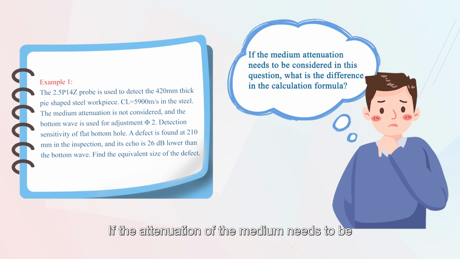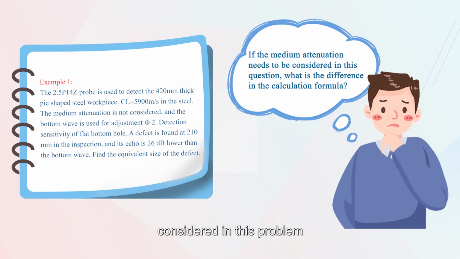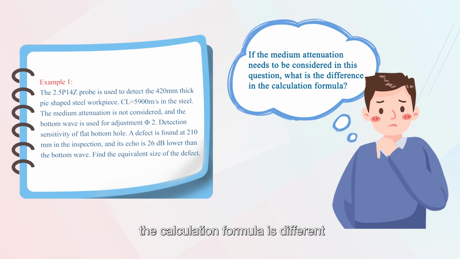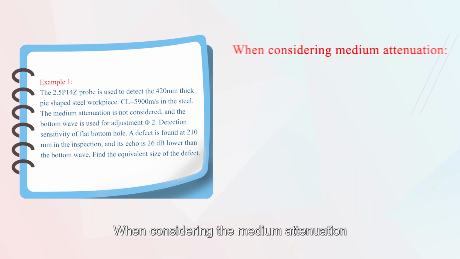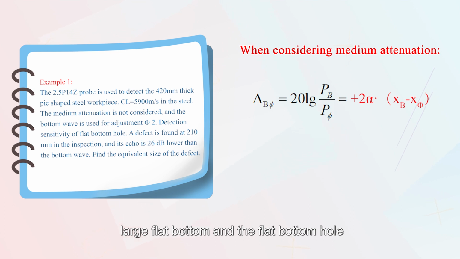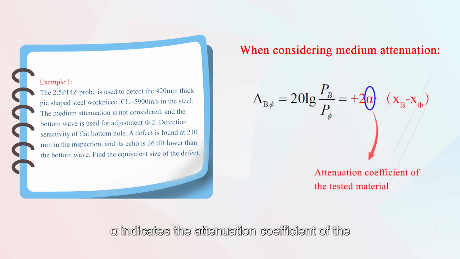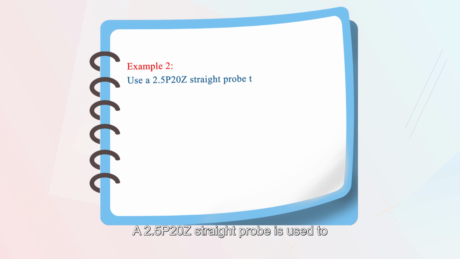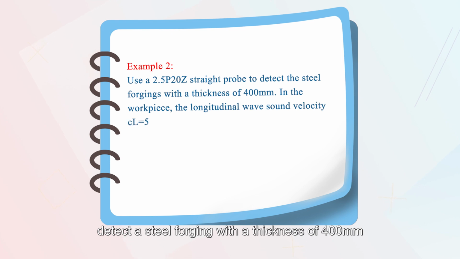If the attenuation of the medium needs to be considered in this problem, the calculation formula is different. As we can see here, when considering the medium attenuation, the decibel difference of echo between the large flat bottom and the flat bottom hole at different depths is as this formula shows, where alpha indicates the attenuation coefficient of the inspected material. Example 2: a 2.5P20Z straight probe is used to detect a steel forging with a thickness of 400